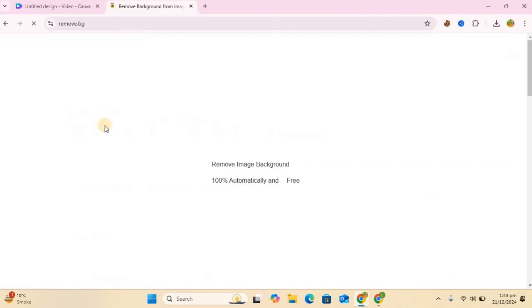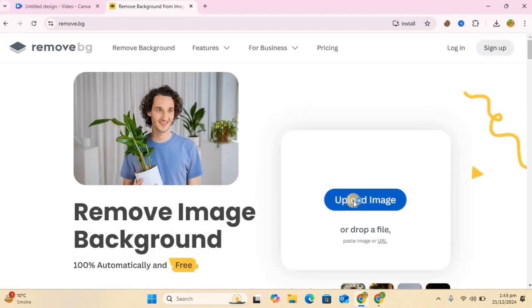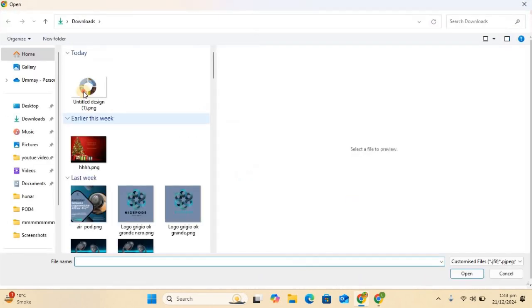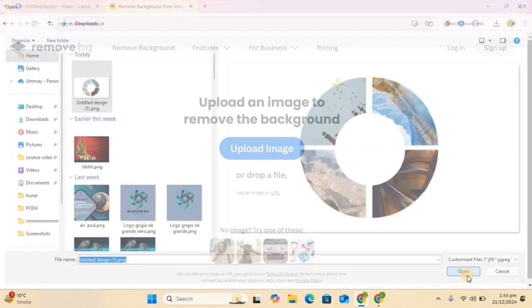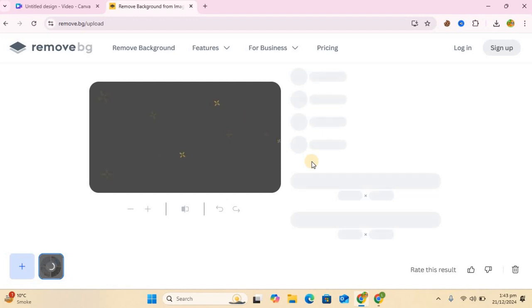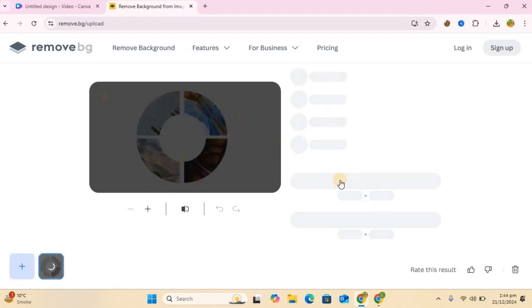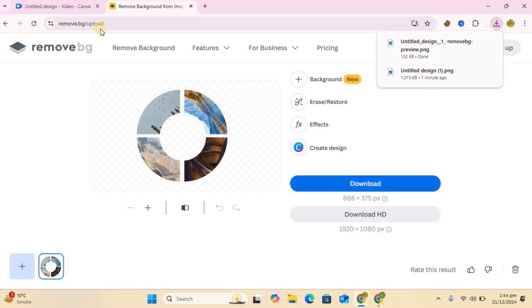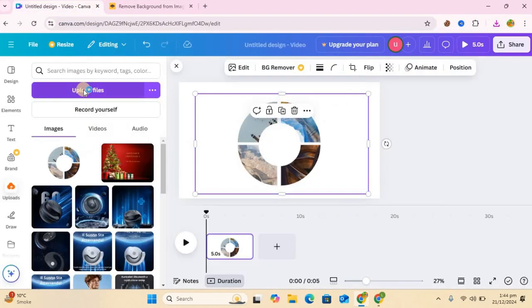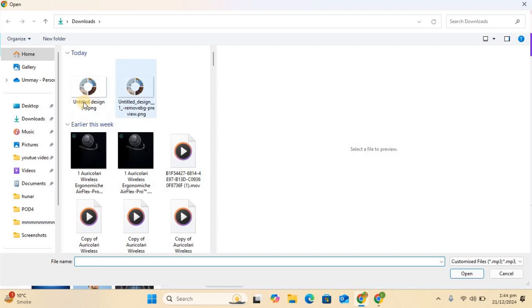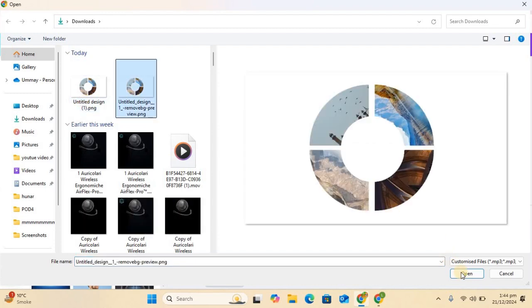Click over there. Suddenly my Canva Pro is not working. So I will go to use remove.bg, select, remove a background, and now I again upload the file. This one,